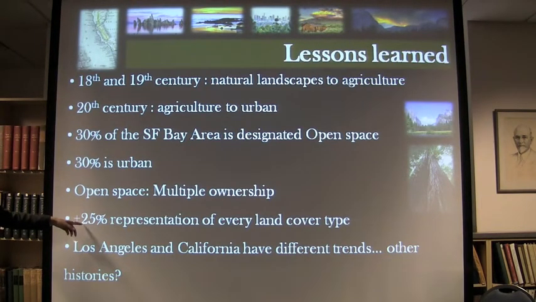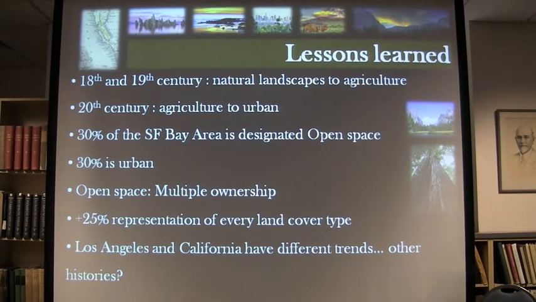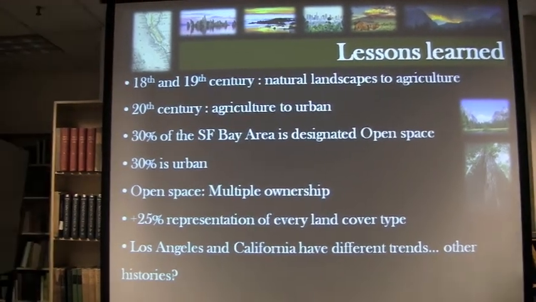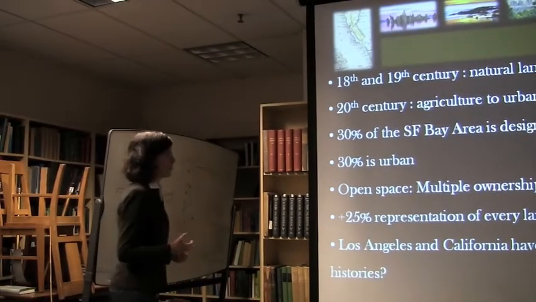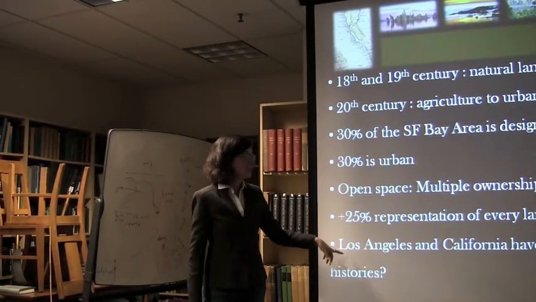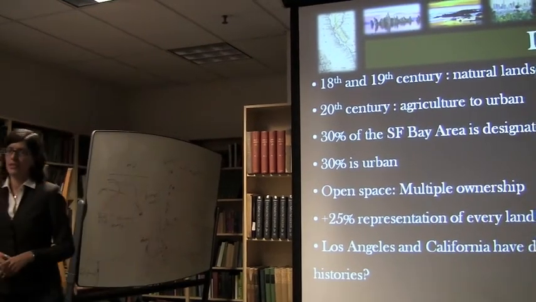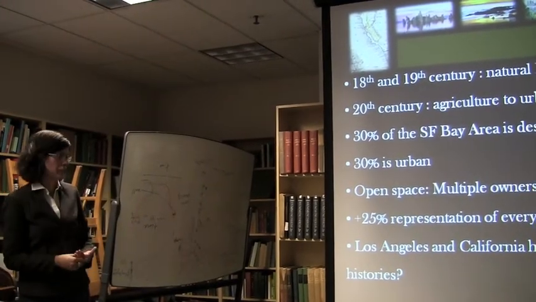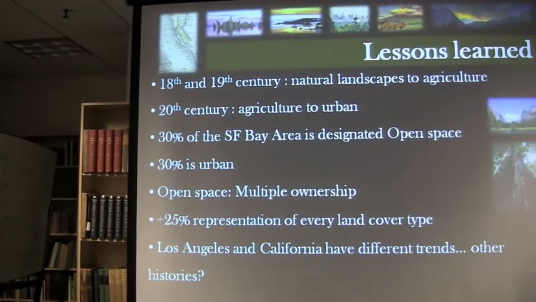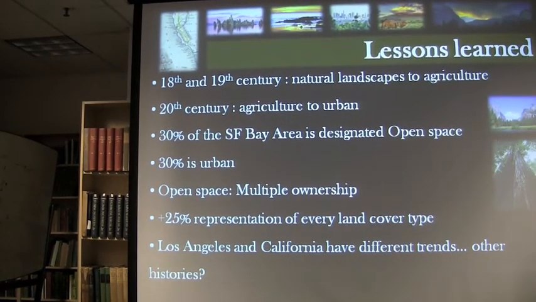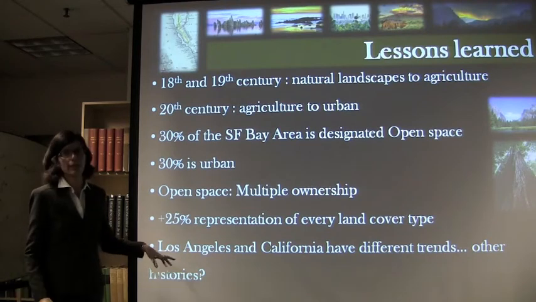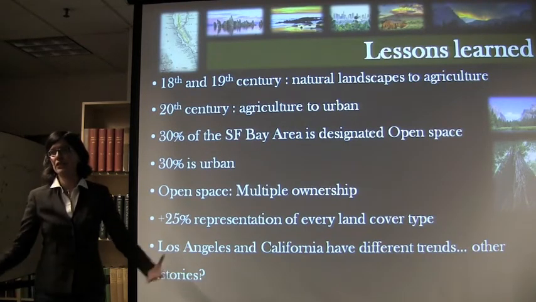And 25% or more of representation of each land cover type is already in the current open space representation. So that's pretty good. I've been doing some comparisons with Los Angeles, San Diego, and the Central Sierras, and that's California-wide, but I can show you some slides of what they are looking like, but the data acquisition for these other areas